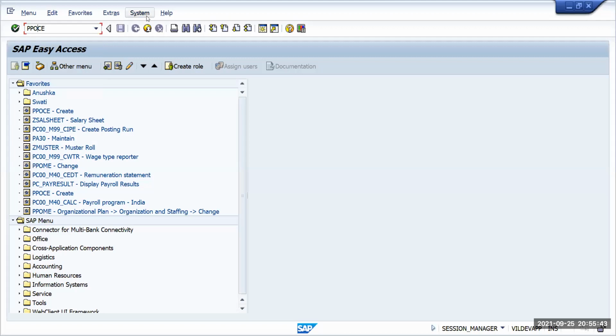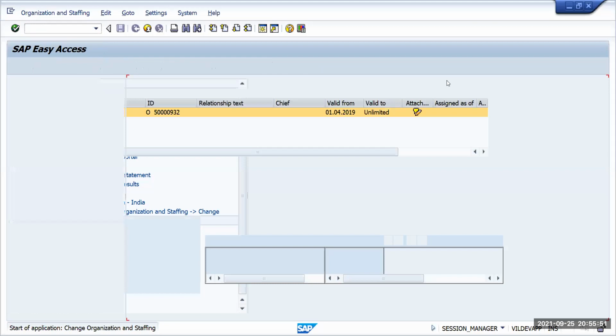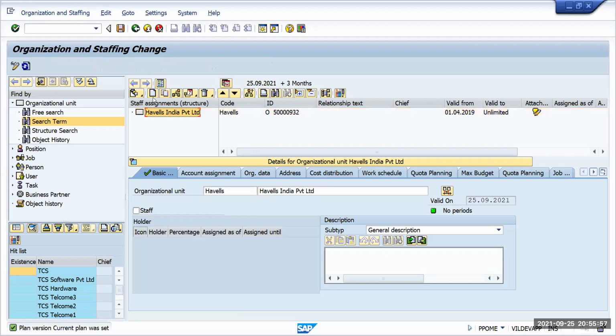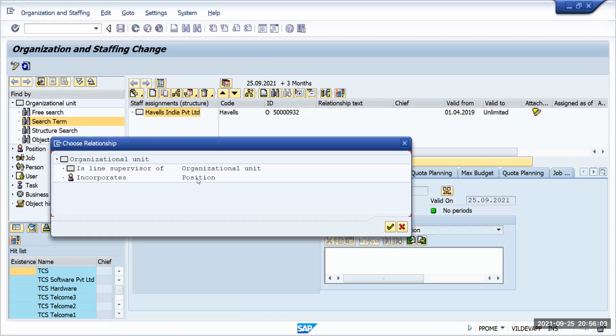We can create; M is for change. Enter. I hope you can view my screen, right? Yes. So for creation, suppose Havels has many divisions, we select and go for create. Create has two options, either positions or organization unit. So just click on the first one, organization unit.